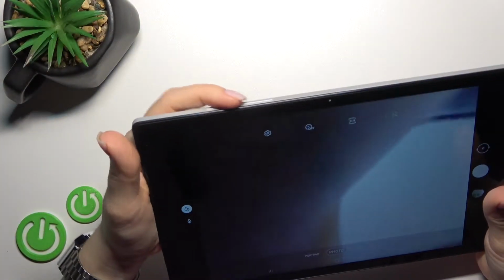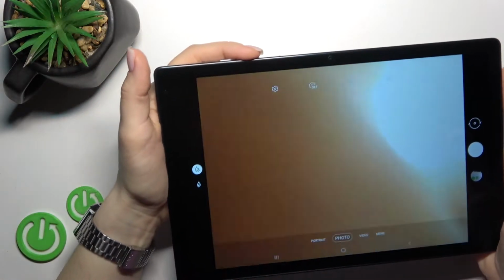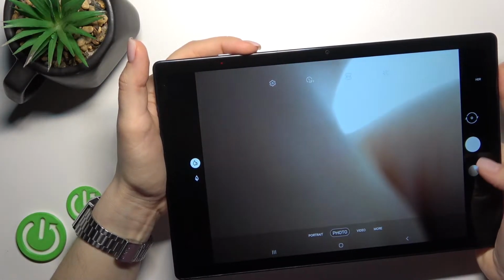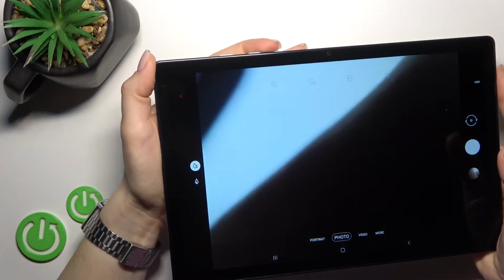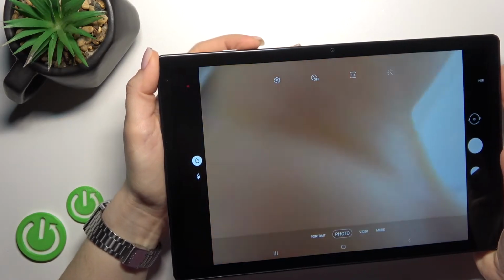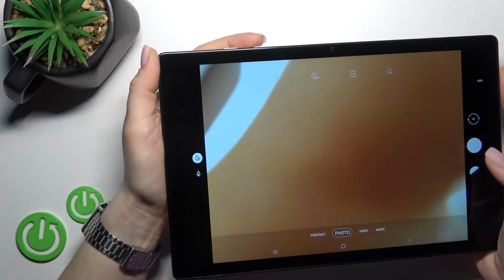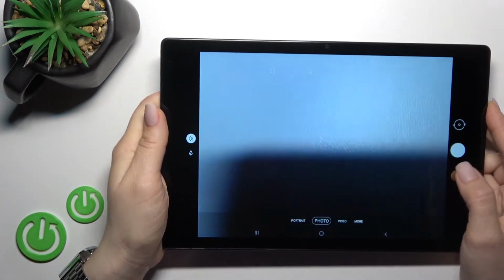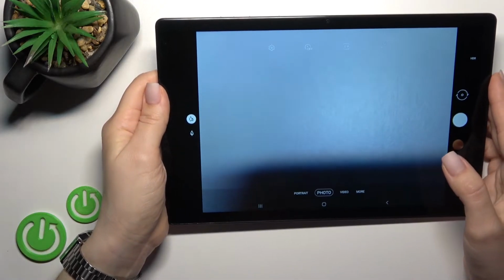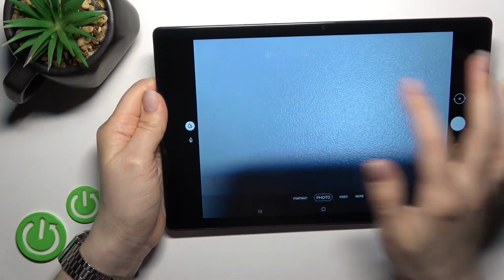So now, by pressing the volume button, you can see that we can take a picture, or if we just hold the power button, we can take a series of pictures here. And now we can change the function of our volume buttons, and to do that we should click here